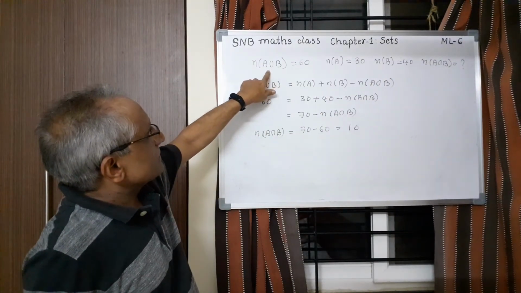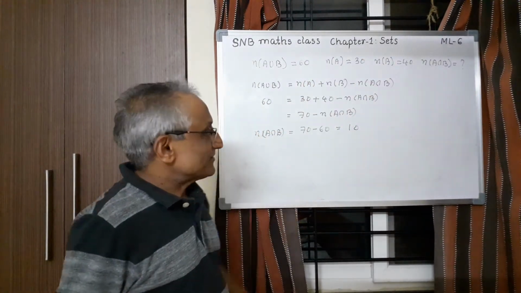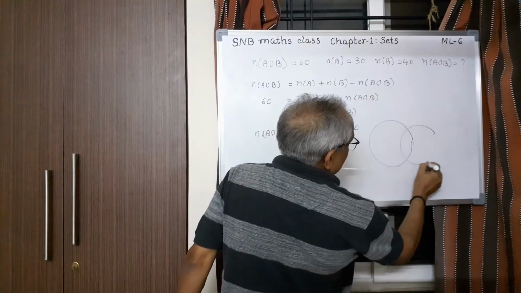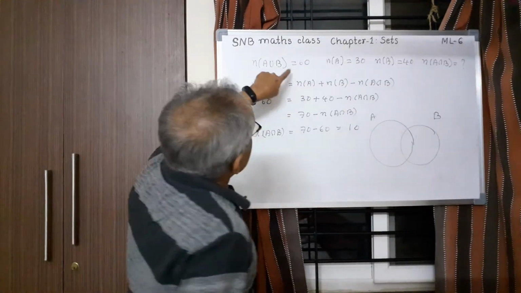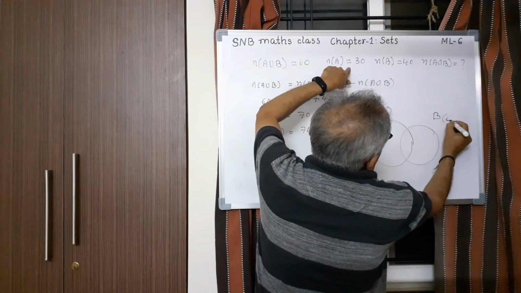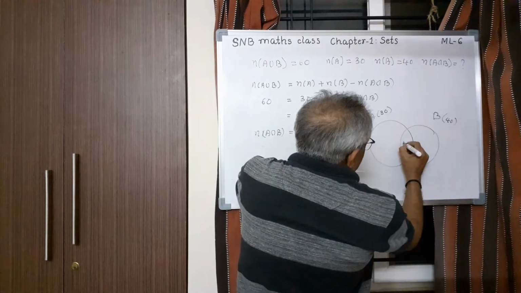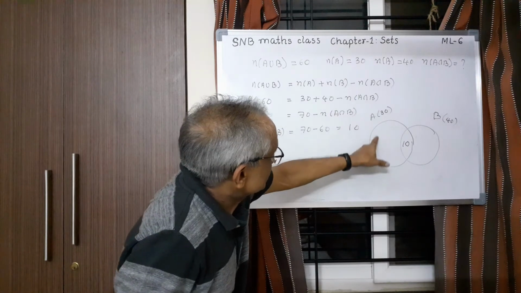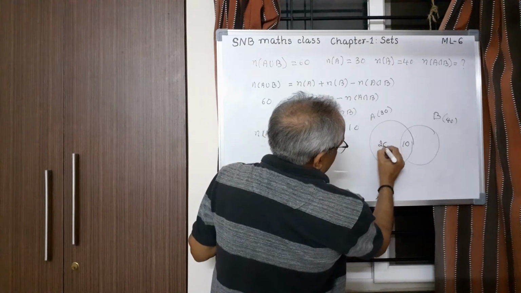Union contains 60 elements. A contains 30. B contains 40. And this you can also represent in a Venn diagram. All these things are very much necessary for solving the problem. A, B. A contains 30 elements, so I can write here 30. Then B contains 40 elements. Intersection we have already calculated, here 10. Then whatever is not here, that you have to write, so that the total must be 30. So this means this is 20.